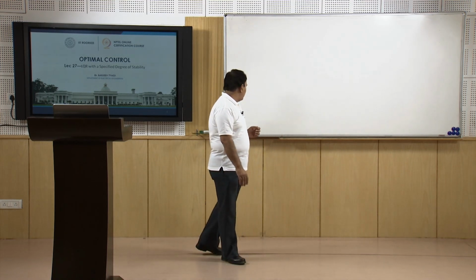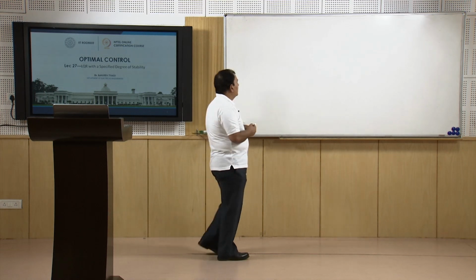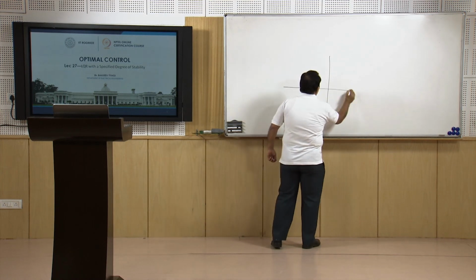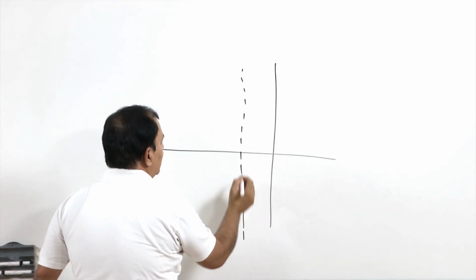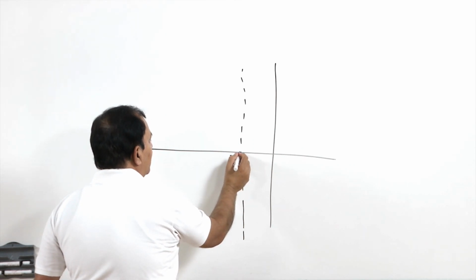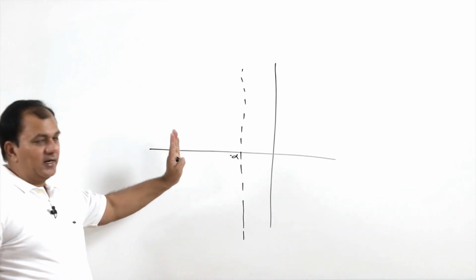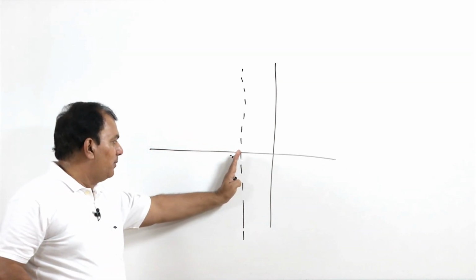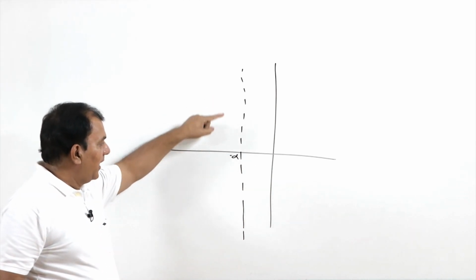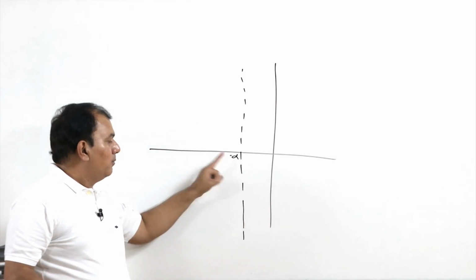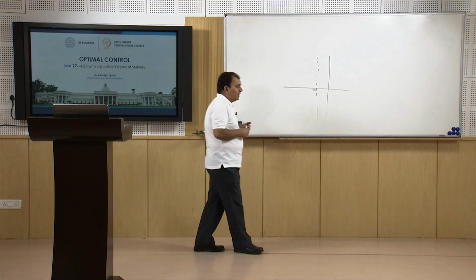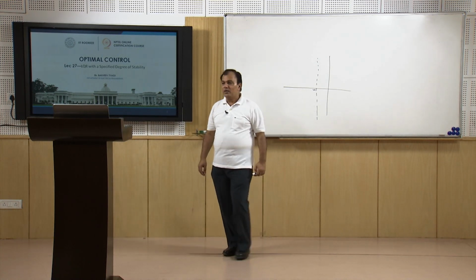But if we want to place the poles beyond a certain level, let us say alpha, I want to ensure that in optimal placement all the poles remain to the left of the line at minus alpha. In that case we can utilize the concept of a specified degree of stability,